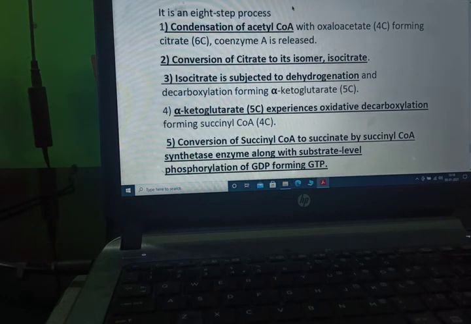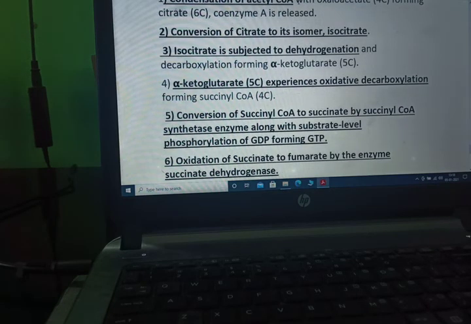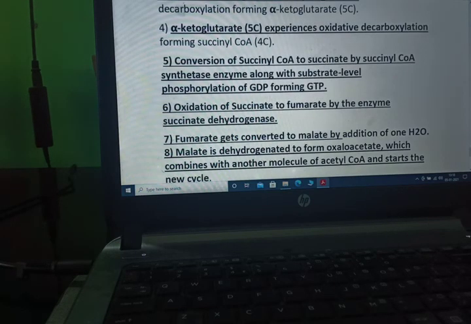Now the 8-step process: condensation of acetyl coenzyme A with oxaloacetate forming citrate, and coenzyme A is released. Conversion of citrate to its isomer, that is isocitrate. Isocitrate is subjected to dehydrogenation and decarboxylation, forming alpha ketoglutarate. Alpha ketoglutarate undergoes oxidative decarboxylation and forms succinyl coenzyme A. Then conversion of succinyl coenzyme A to succinate by the succinyl coenzyme A synthetase enzyme along with substrate level phosphorylation